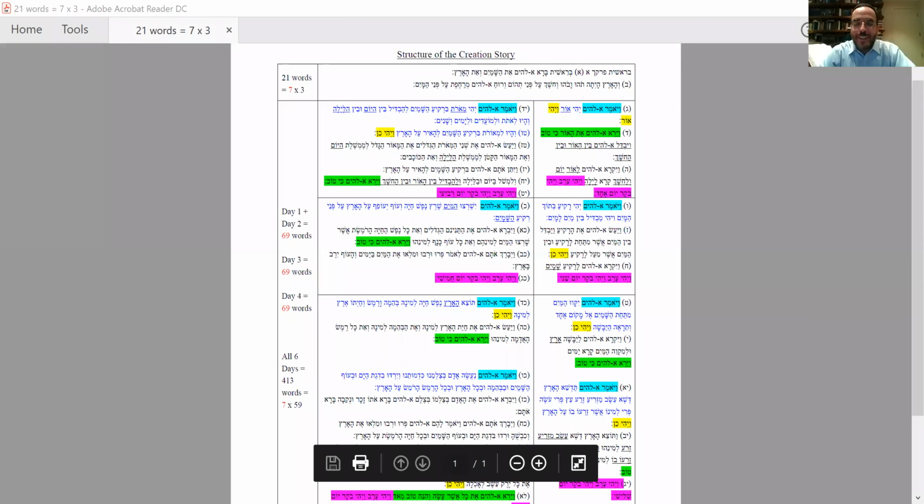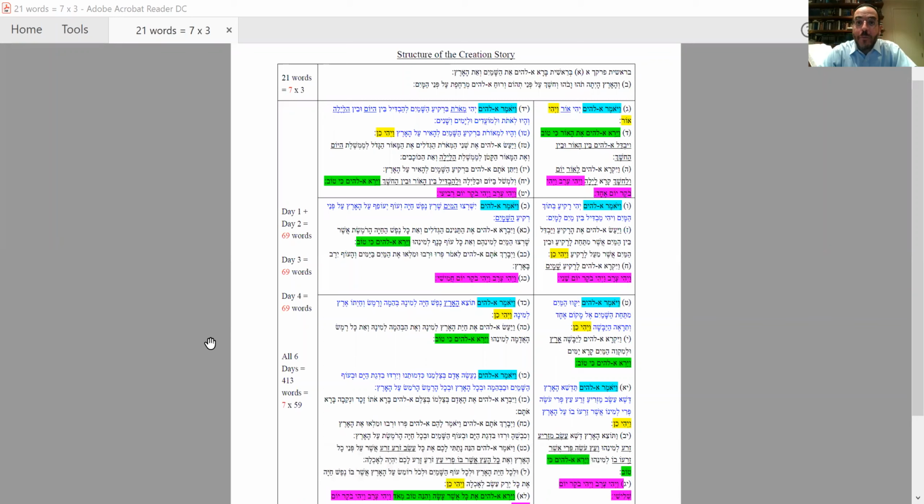If we look at the 6 days of creation, Ramban points out that it's best to look at them in two columns: days 1, 2, 3, and then next column, days 4, 5, and 6. Why? Because then if we match up day 1 and day 4, we see that they are a pair. On day 1, Hashem creates the light and darkness, and on day 4, creates the luminaries, the sun and the moon, that rule over the light and the darkness.